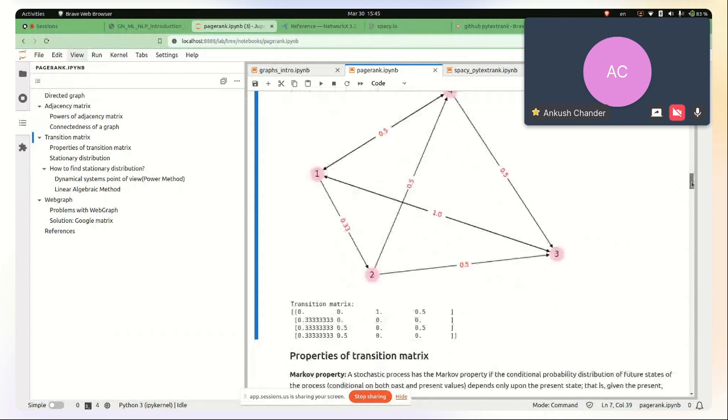So we have already seen a graph, right? And this is a function to test whether a matrix is primitive or not. So what we do is we separate the number of